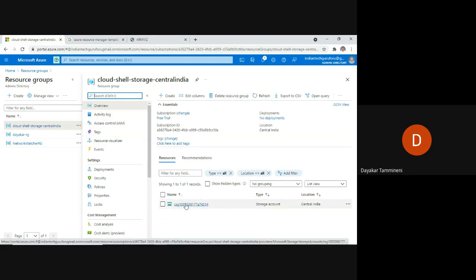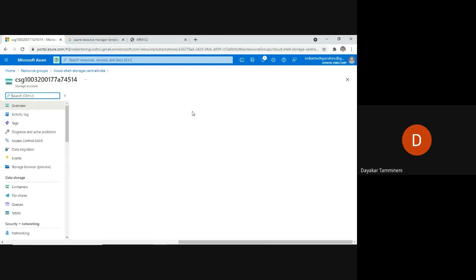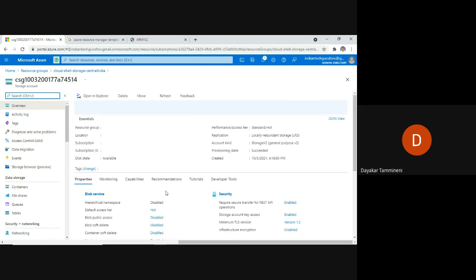Just click on the storage account, and it will open the storage account details. So these are all the details of the storage account.